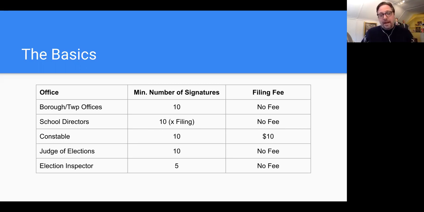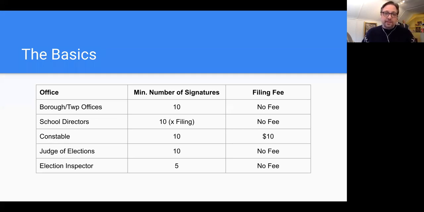When I stopped down at the county courthouse the other day to pick up some extra nominating petitions to have on hand at the Democratic Party office, the folks in the elections office pleaded that they were looking to help find more people to run for election inspectors and judge of elections. There are many people in Erie County who have done this for a long time. Those folks are getting up in age, and because of COVID and also because of the new technology that's been brought into the election process, many folks are reluctant to continue on in those roles.